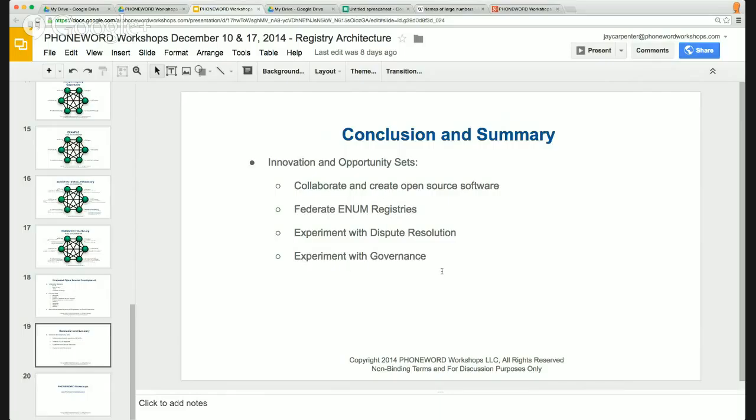with governance. What if this system of registries, or this federation of registries, consisted of both proprietary, open source, nonprofit? Who knows what the governance structure could look like with a federation of registries as proposed. So